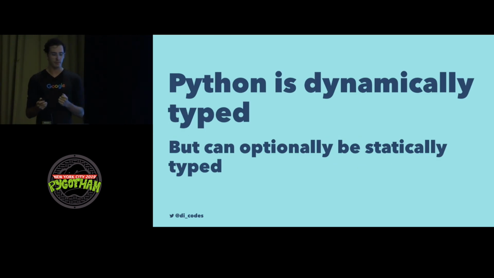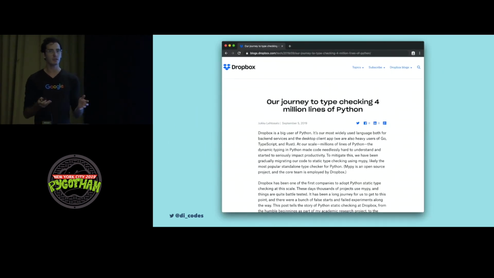So, like I said before, Python is a dynamically typed language, but it can optionally be as statically typed as you want it to be. This wasn't always true. When Python was first created, it was purely a dynamically typed language. And the story of Python becoming a language that is optionally statically typed is also kind of the story of type checking at